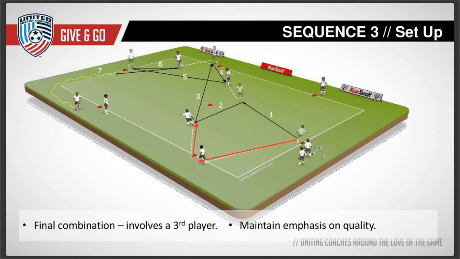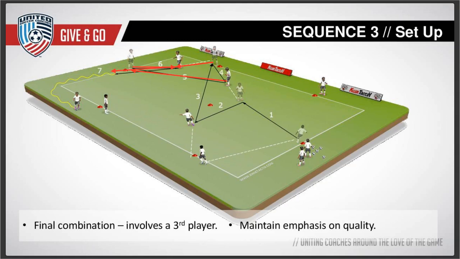Once the ball has been played to the player in the center, that player drops the ball to the support player who drives the ball to the opposite side. Now, one of the important movements here is the player in the center that passed the ball to the support player now receives the give and go from the player, in this case number 4, and then plays the ball to the opposite end. The opposite end player then drops the ball back to the support player from the side,